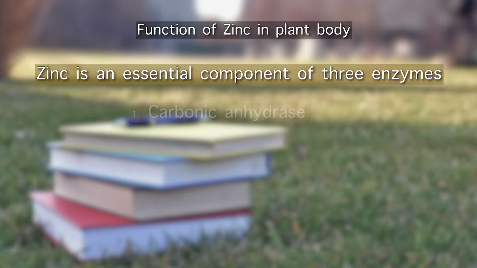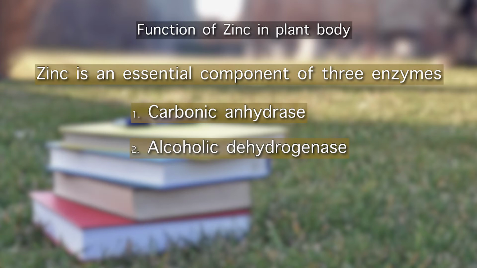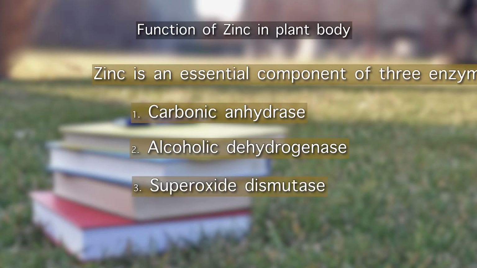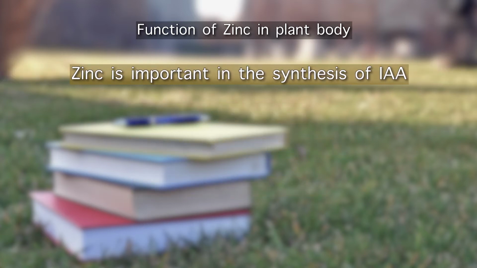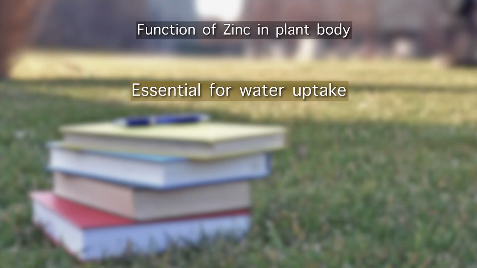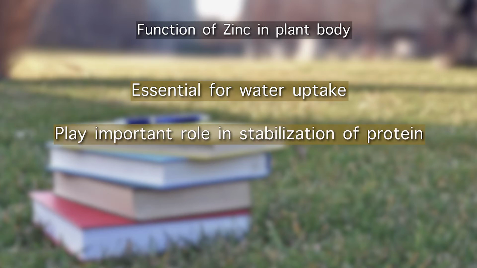Zinc is an essential component of three different enzymes, and these enzymes are carbonic anhydrase, alcohol dehydrogenase, and superoxide dismutase. Zinc is very important for the production of indole acetic acid, which is the most important growth hormone, or auxin, for the plant, and deficiency of zinc will cause improper activity of indole acetic acid and there will be low plant growth. In the same way, zinc is also useful for water uptake